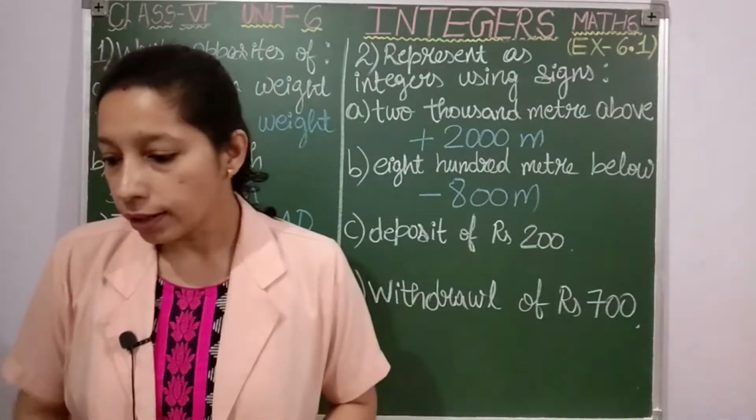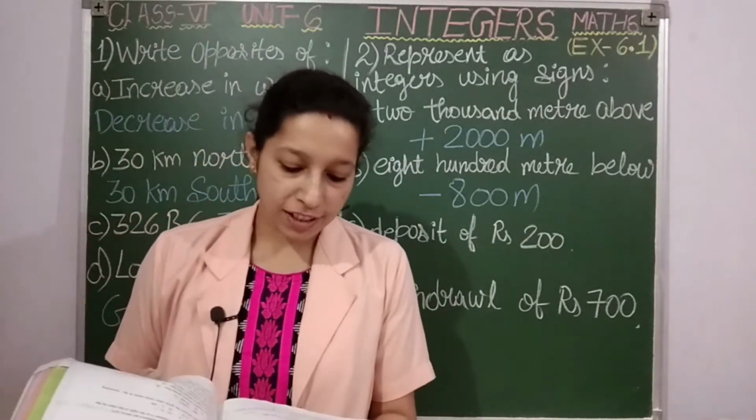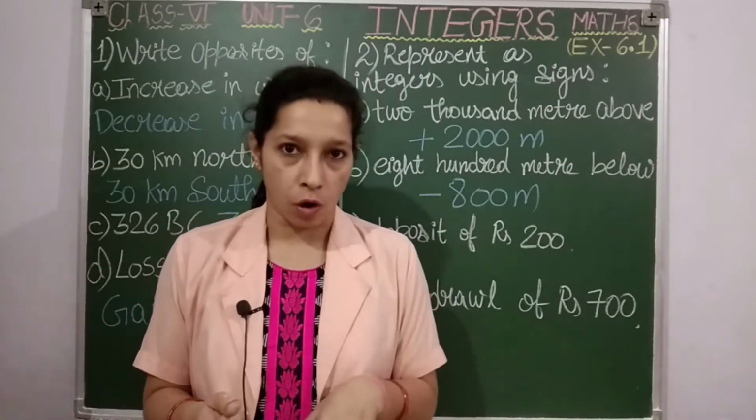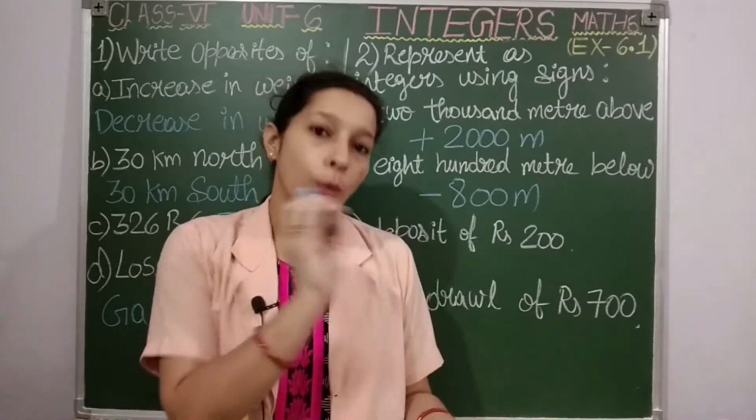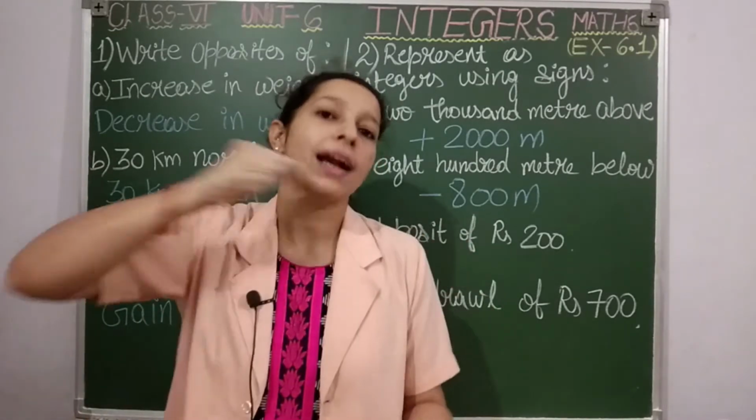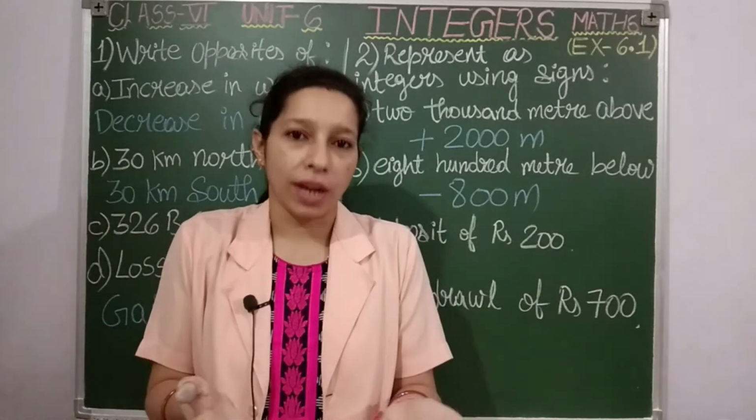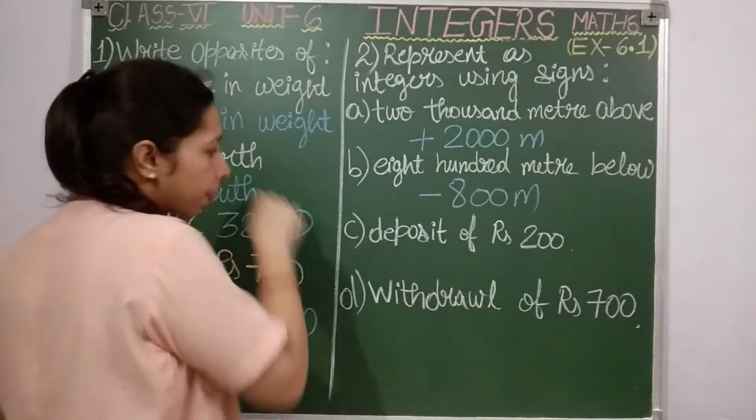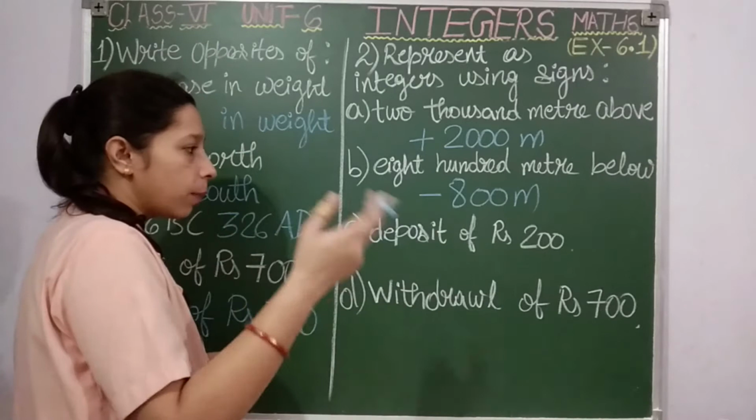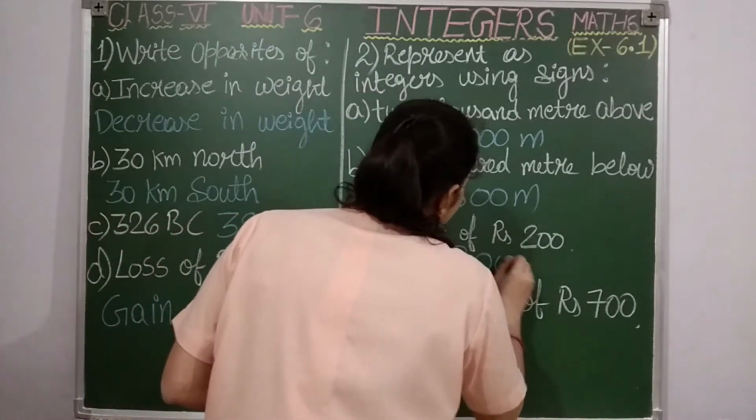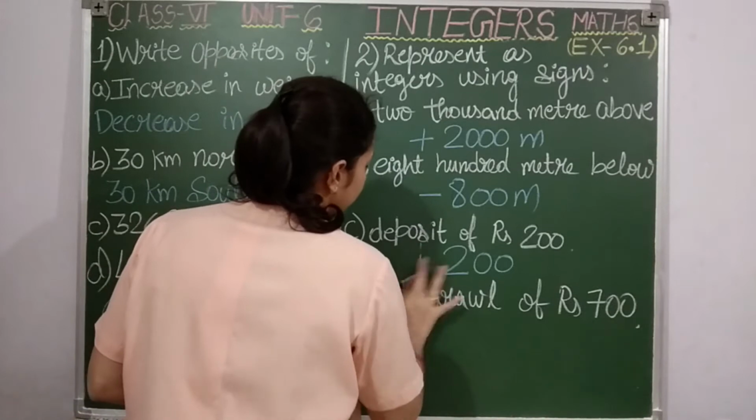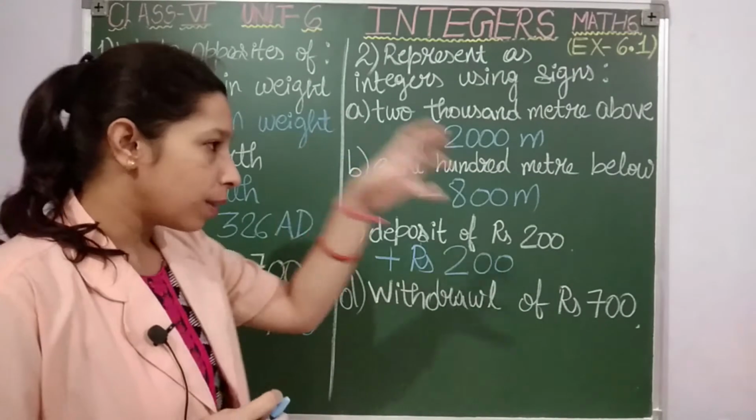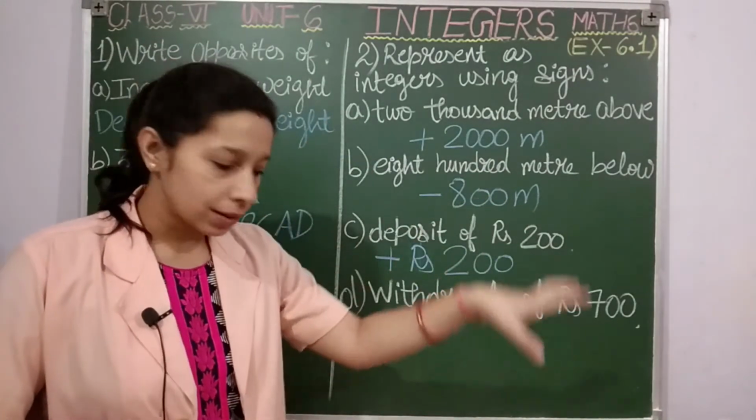Clear? Next point, a deposit of rupees 200. Students, in bank we used to deposit money and we used to withdraw. Deposit means to put the money in the bank. Withdraw means to take out the money in the bank. So which will be profitable for you? Depositing or withdrawing? Obviously depositing. So see, deposit of rupees 200. Whenever we deposit money in bank, that means it increases in the bank. So plus rupees 200. Clear? But from the bank, if you are taking out the money, that means in the bank the